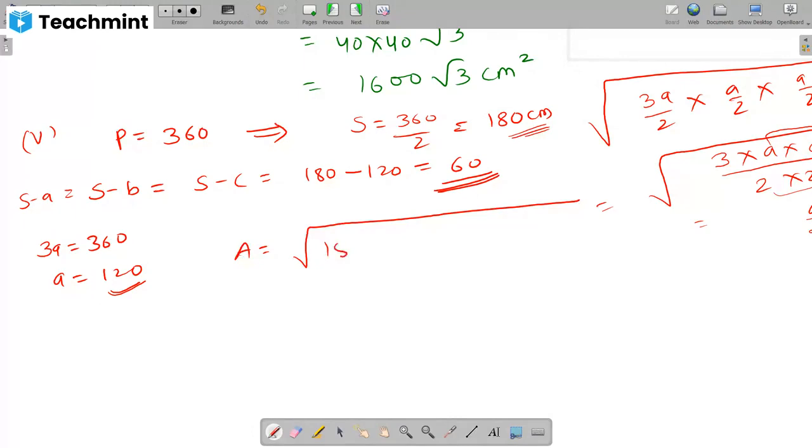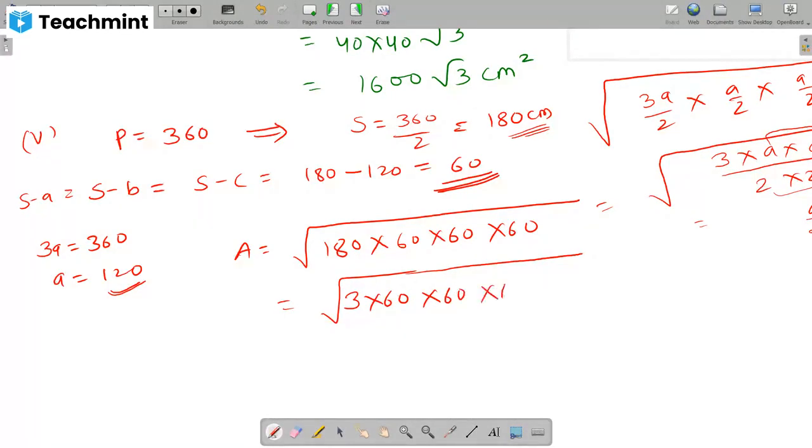Whatever I'm doing is correct. Oh, it's 60, not 120. Okay, so we have 360. So this 180 can also be written as what? What we can write here? 3 into 60. Very good, 60. Yeah, no need to make calculation tough.